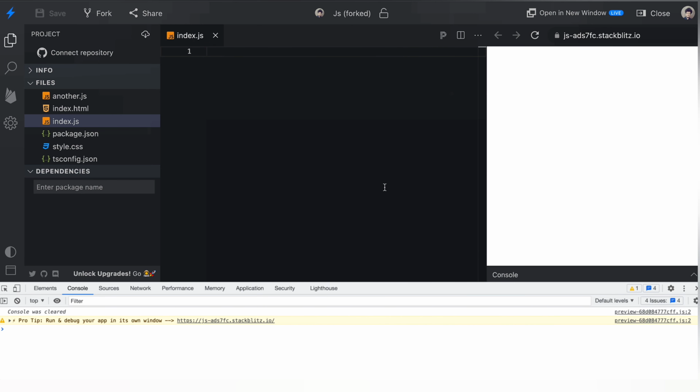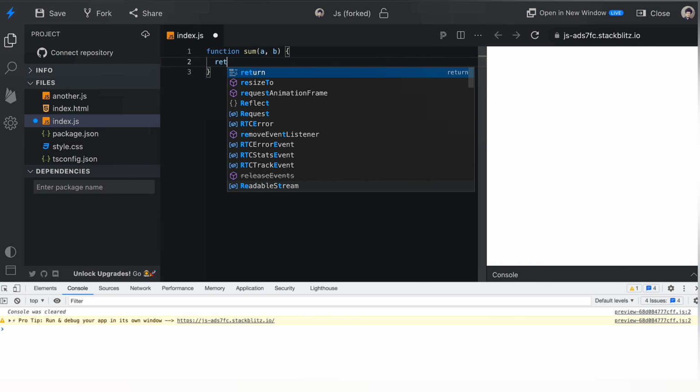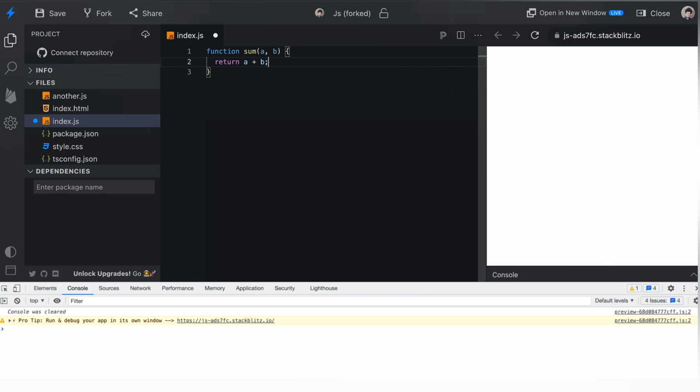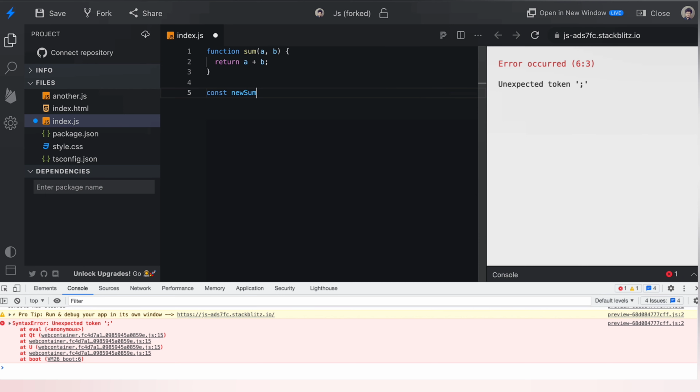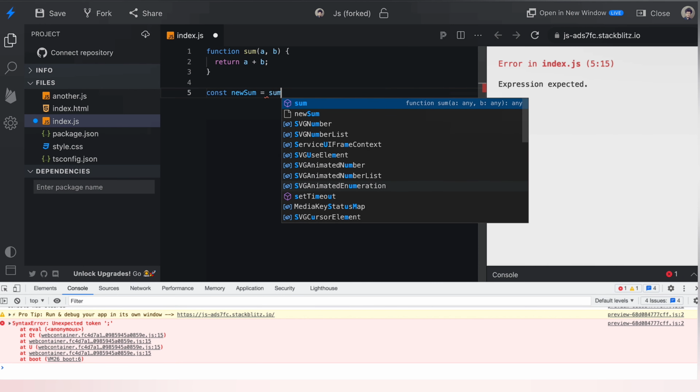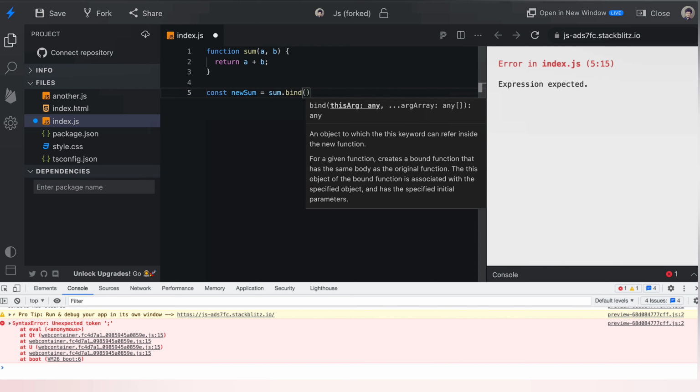Suppose that we have a function sum, in which we have to add two numbers and return it. Okay. So let's take another variable, that is newSum, and we can bind the property.